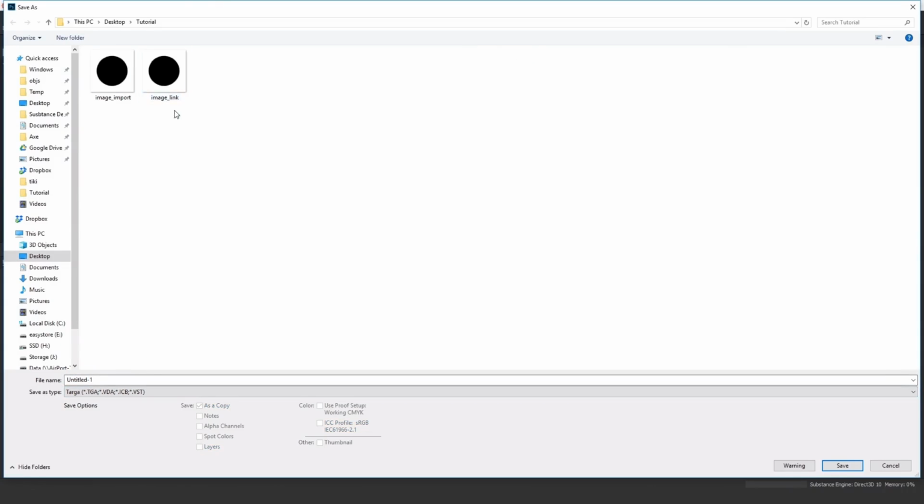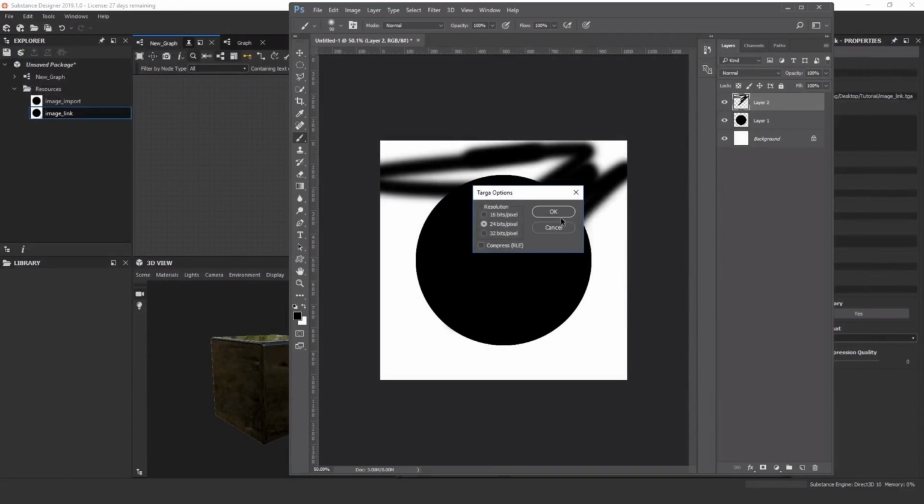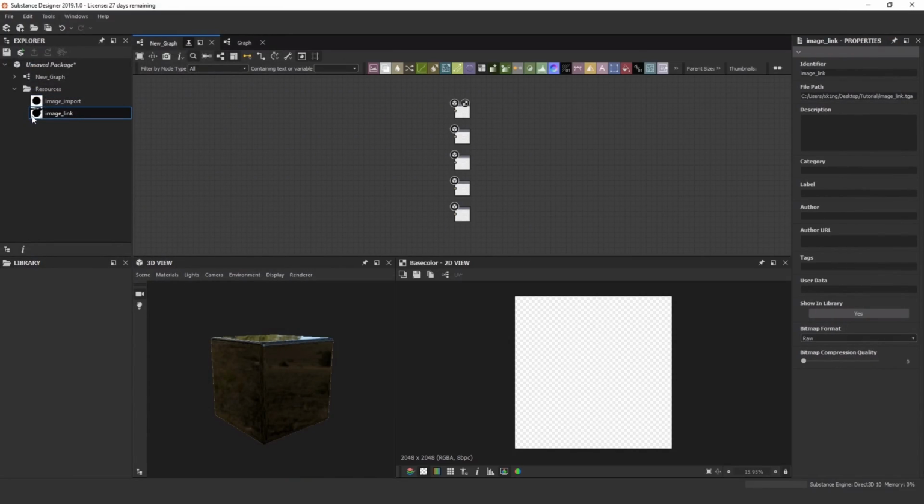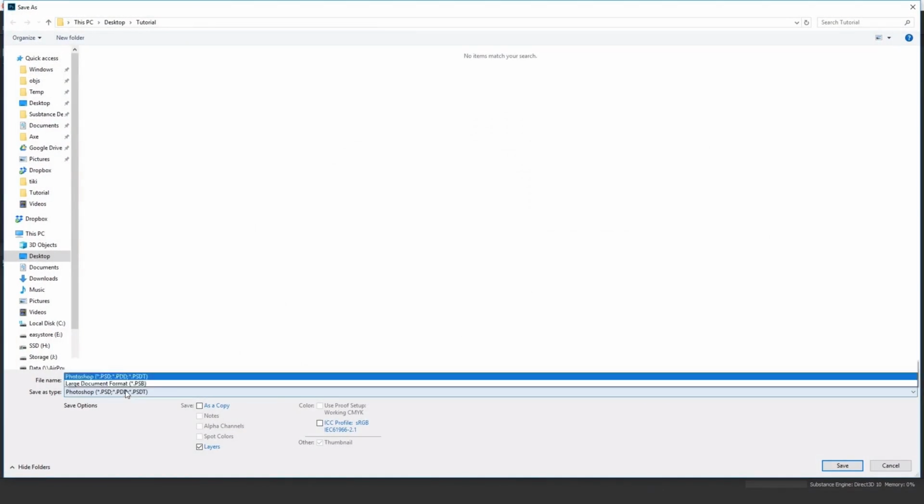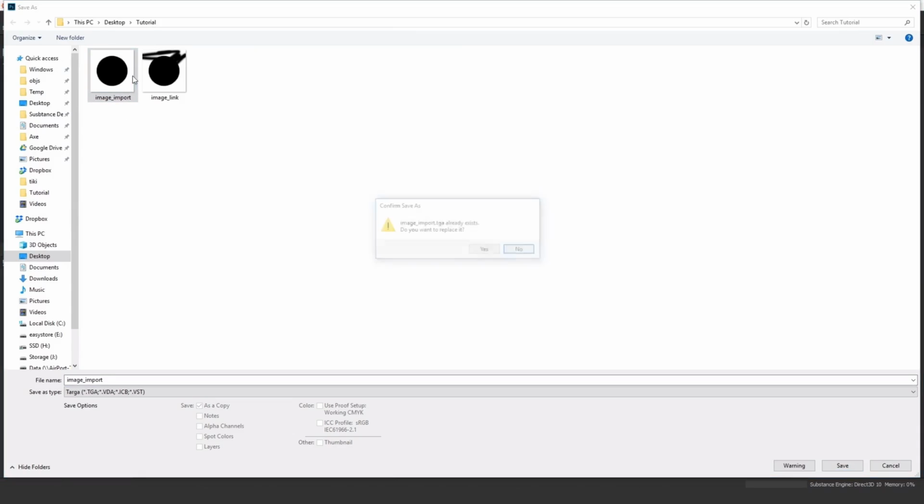I'm going to update the image that I have linked. So yes, and you'll notice the little thumbnail updated instantly. That's because I changed the file. So if I went back here and I saved over the image import,